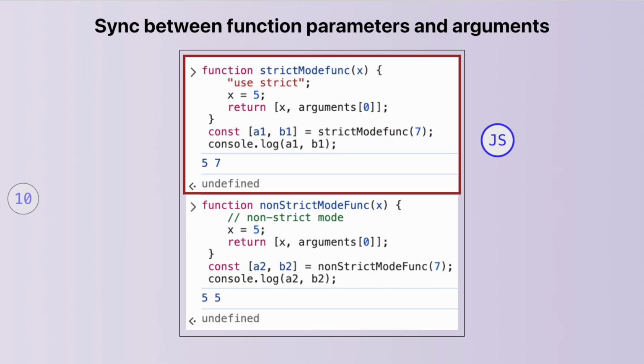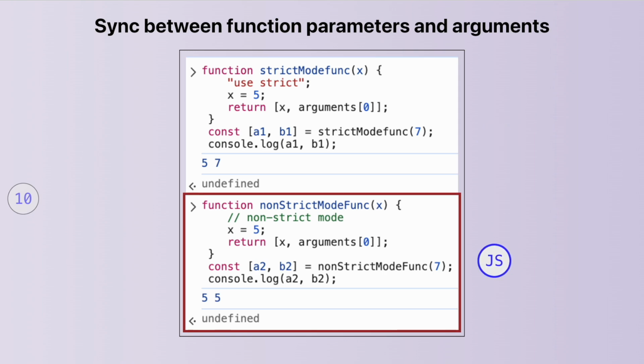In strict mode, there is no sync between the arguments object and the parameters passed to the function. Here the function strictModeFunc modifies its parameter x, but it is not reflected in the arguments array's corresponding index. Also, modifying the arguments array does not reflect in the method parameter. But in non-strict mode, if a function parameter is changed, its corresponding arguments object index property will also be changed